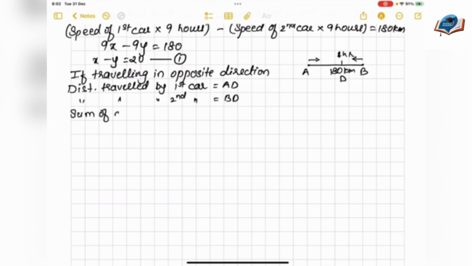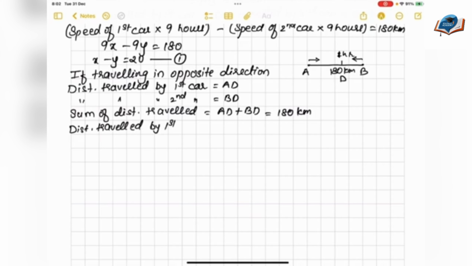Sum of distance traveled equal to AD plus BD, which is equal to 180 kilometer, because the total distance between A and B point was 180 kilometer. So distance traveled by first car in 1 hour